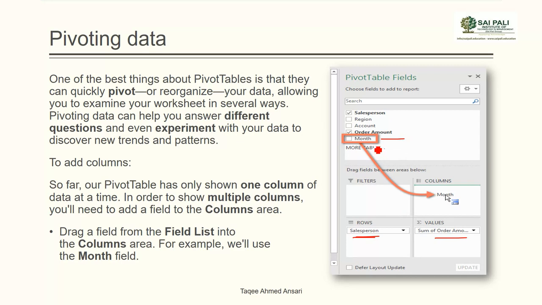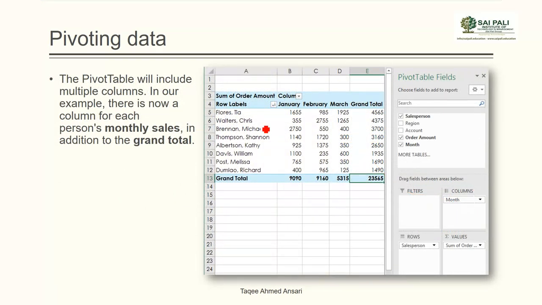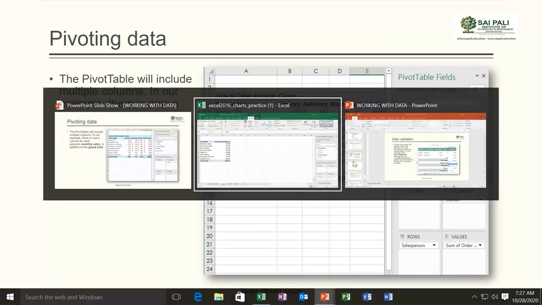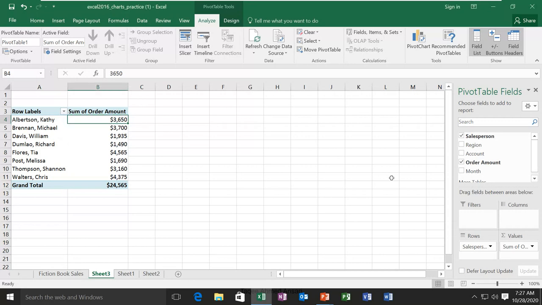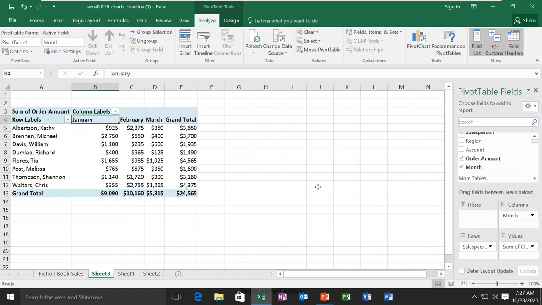So I drag. The other option is to just click and drag the value here in the field. And when you drag it, now you will see the extra columns here showing data in different months. So I wanted to see it based on months. So I click on it and drag it here into this column field. And as I drag, you can see the table has changed. Now you can see it based on months, and this is the total of those months, and then you have the grand total.